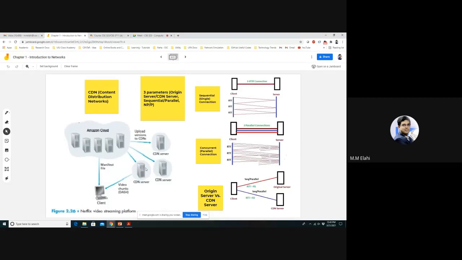So they actually send the video chunks. There is a mechanism called DASH to the client. So with the help of this, the distribution of contents is actually more and more efficient. So in terms of our case, if we think about